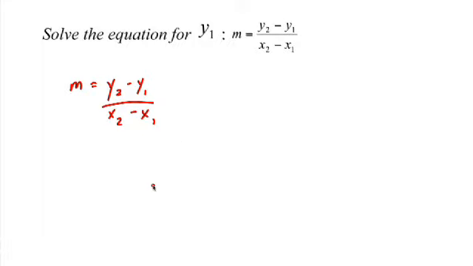Now, Alex will ask you to solve for any one of these four variables. It might be y1 on this problem. If you have to do it again, it's y2, or it's x2 or x1. Whichever variable it's asking you to solve for, they all have the same first step, and that is we've got to get rid of this fraction. So to get rid of it, just like we've done before, multiply both sides by the denominator.